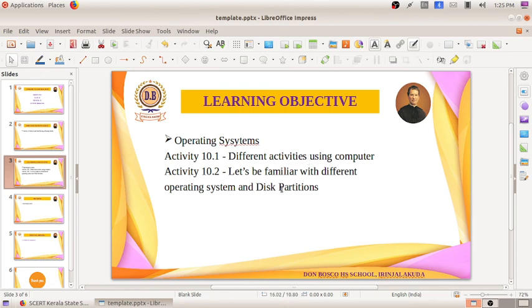We have discussed different operating systems like GNU Linux and Unix, and also how to operate using the command line. We studied the disk partition. Each file is stored in the different partitions. We saw the disk window, where you can see the partitions, and we have just started on the computer user. The next portions I will be discussing in the coming session.